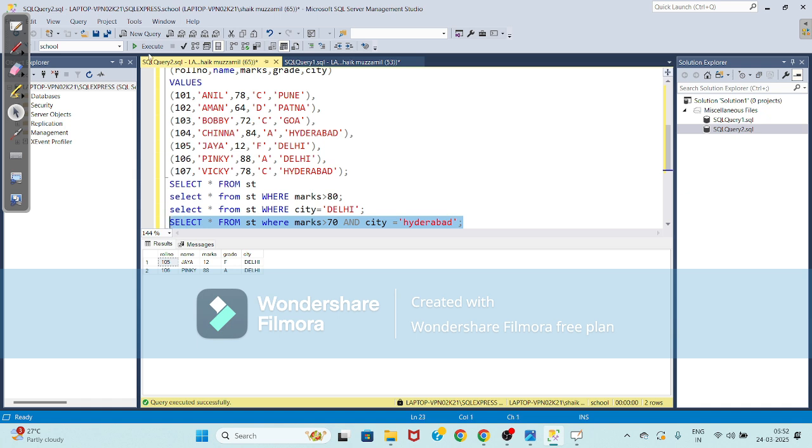When you execute this, this is the information that has been given. When you use the AND operation here, it means both conditions have been satisfied: 78, 84, and both are equal to Hyderabad.